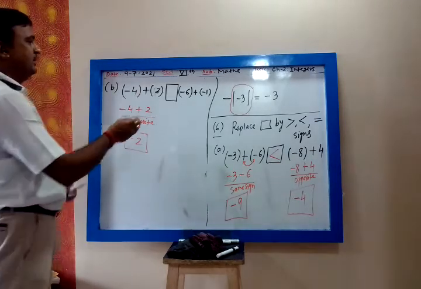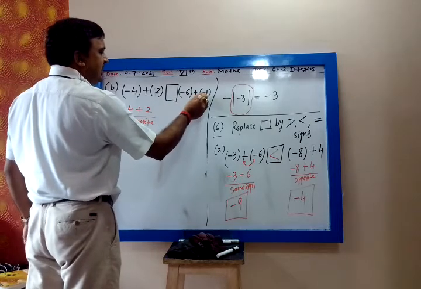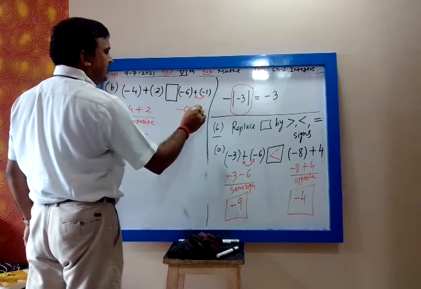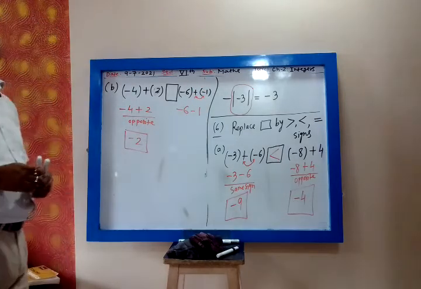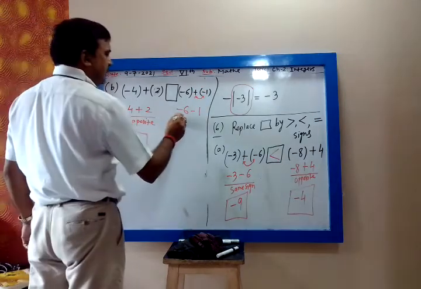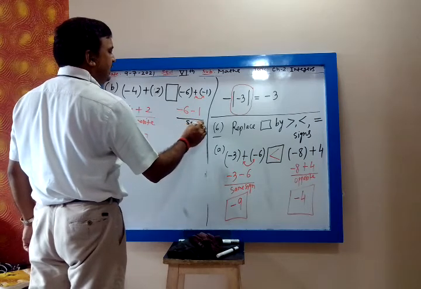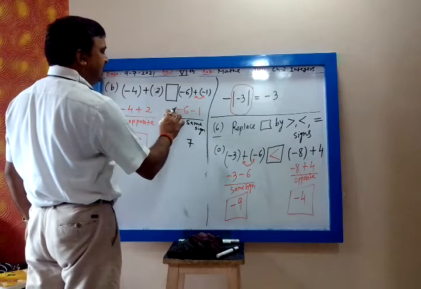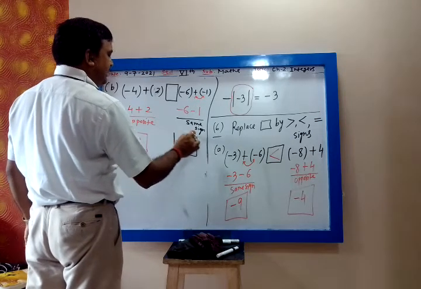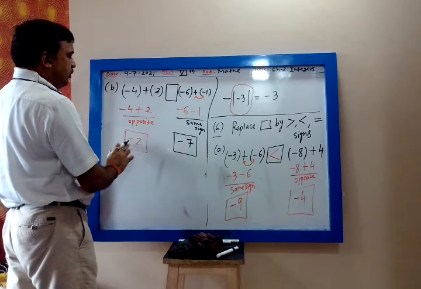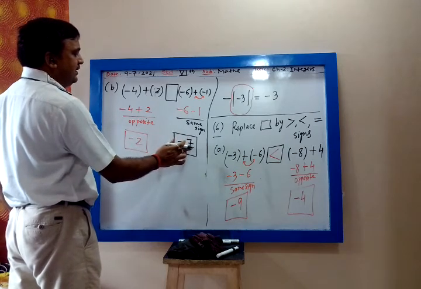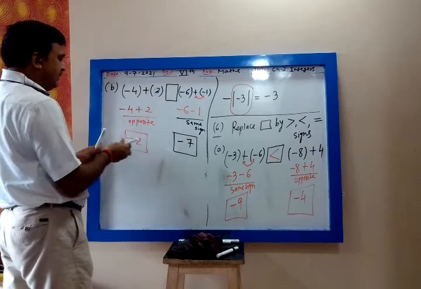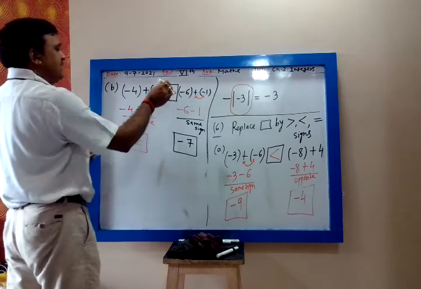Let us solve this side. Now these two signs are together, plus and minus, so I have to multiply. So this is minus 6 plus into minus, minus 1. Now you tell me whether they have same sign or opposite sign. Same sign. So whenever they have same sign, you have to add. 6 plus 1, 7. Common sign minus. Answer is minus 7. This is minus 2, this is minus 7. Both are negative, so 7 is the bigger number, so minus 7 will be the smaller integer. So you will get minus 2 is greater than minus 7.